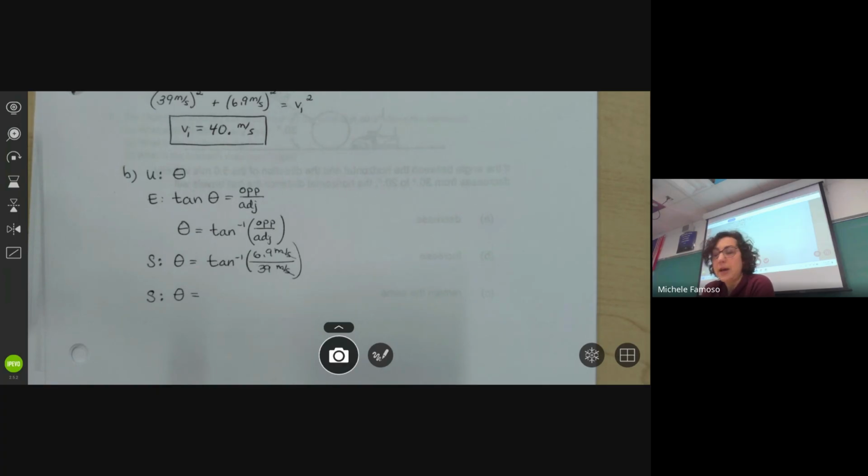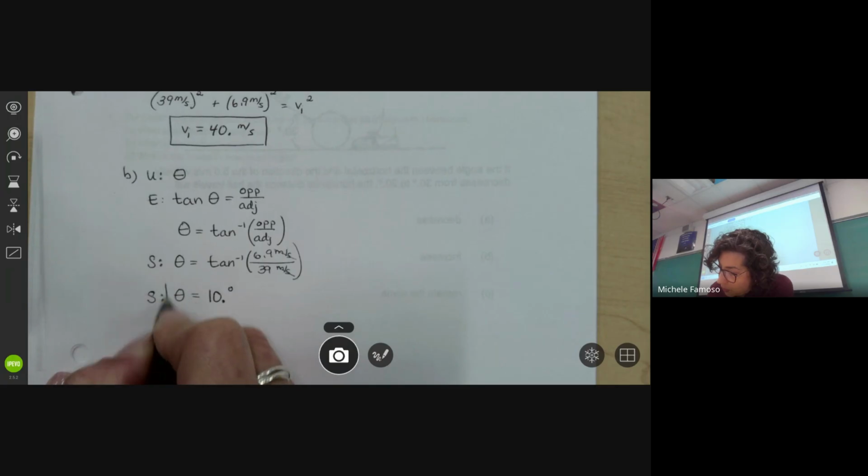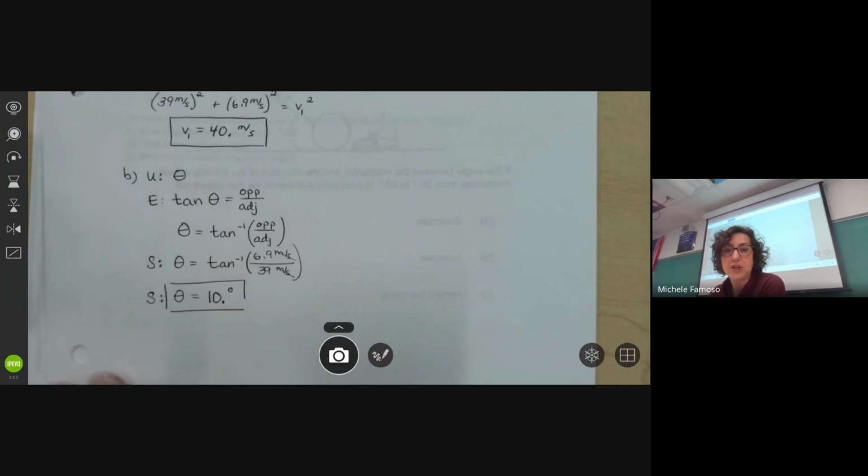Blake, can you tell me what you get? So to the nearest degree, it would be 10 point degrees. There you go. 10 point degrees means the ones place digit needs to be significant. Very good. Okay, part C